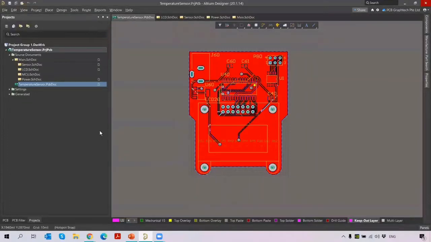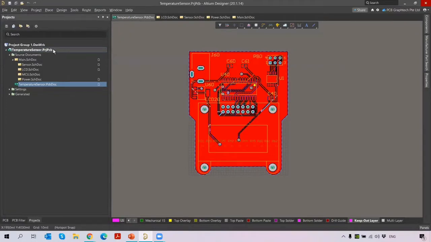So I open my software here. First, when I open, you see I have connected to my Altium 365 workspace, that is PCB GrafTech here. And then now I have to connect it. You see my project here in the project panel is a local project. Okay, so I want to make it to be online first.